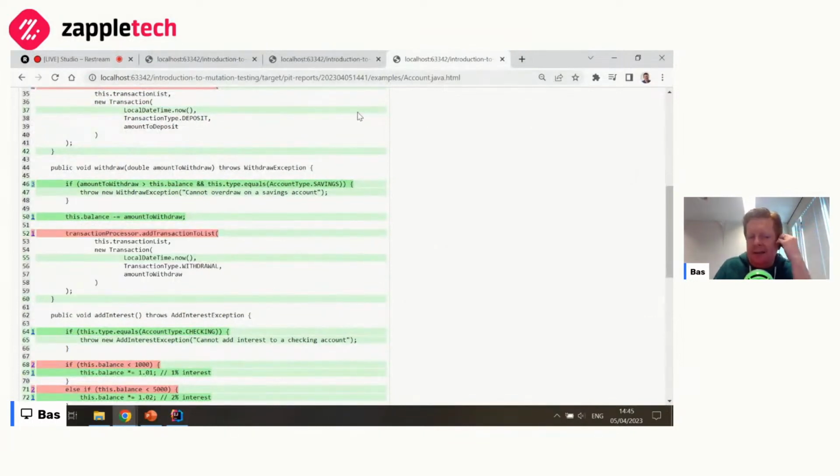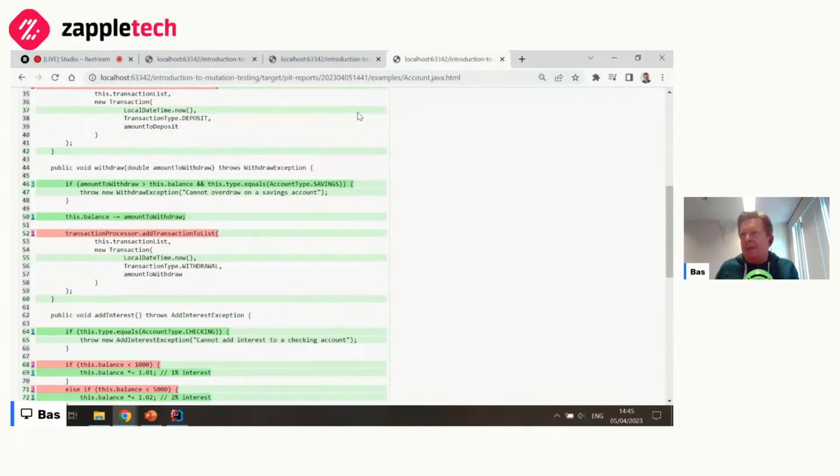And so again, that's a different type of change that a mutation testing tool can make, and a different type of, I wouldn't call it a test defect, but a different type of room for improvement for your tests.